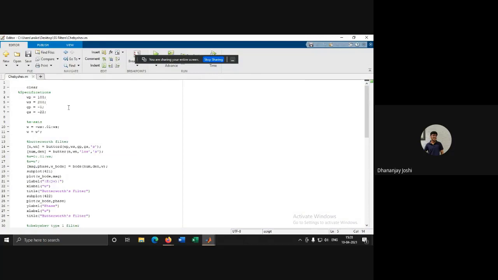Basically, here we are defining omega p, omega s, and the gains for the Butterworth filter, or each analog filter which we are going to design. Then there is an inbuilt function to find the lowest order of the Butterworth filter and the ripple factor.